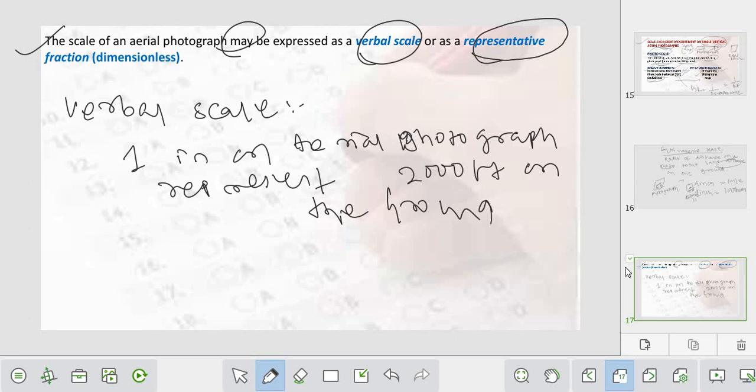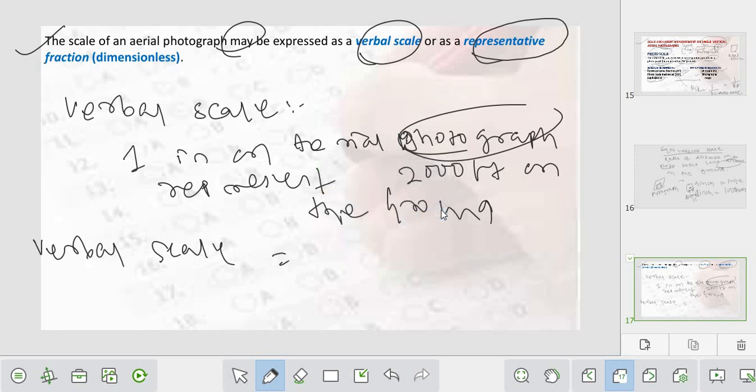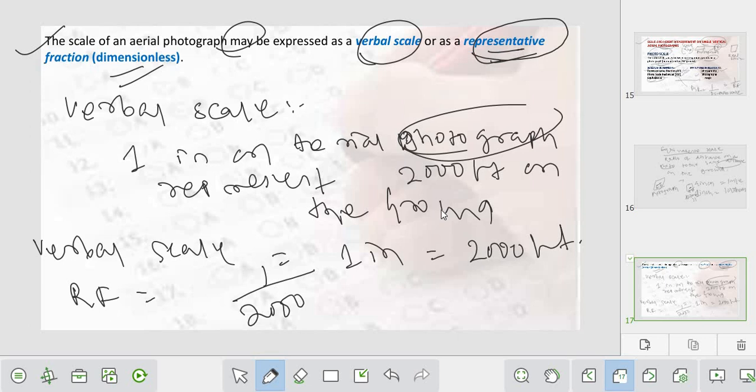So 1 inch on aerial photograph is equivalent to 2000 feet on ground. So how will I write it in the verbal scale? In verbal scale: 1 inch equal to 2000 feet. But in representative fraction, RF, how will I write it? 1 by 2000,